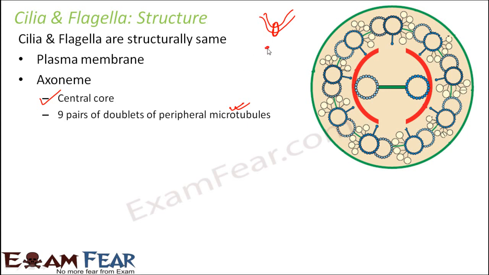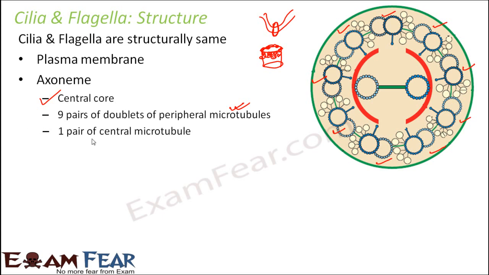So microtubules will be a cylinder-like structure which is made up of these proteins, tubulins. When you see it from above, you will just see this circle made up of the tubulin protein. There are 9 pairs, 1, 2, 3, 4, 5, 6, 7, 8, 9. So 9 pairs of doublet peripheral microtubules. Each pair has a doublet. They exist because these microtubules exist towards the periphery.